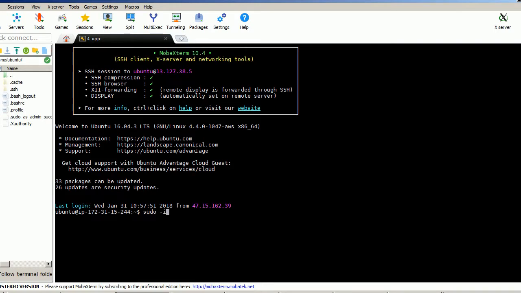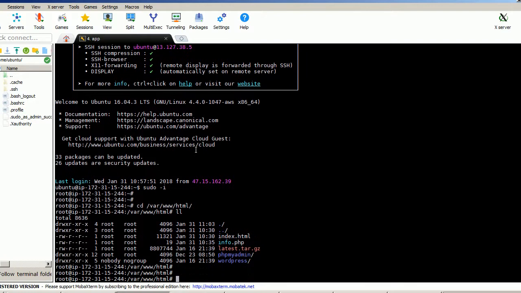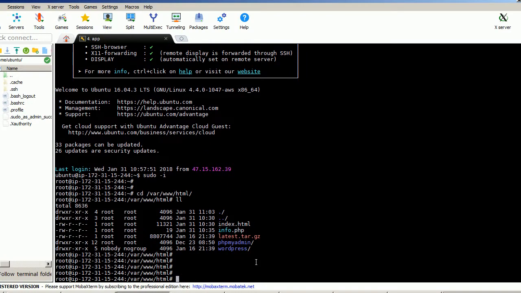Unfortunately, I lost the connection to the server. Now that we have WordPress extracted over here, we need to get inside the directory